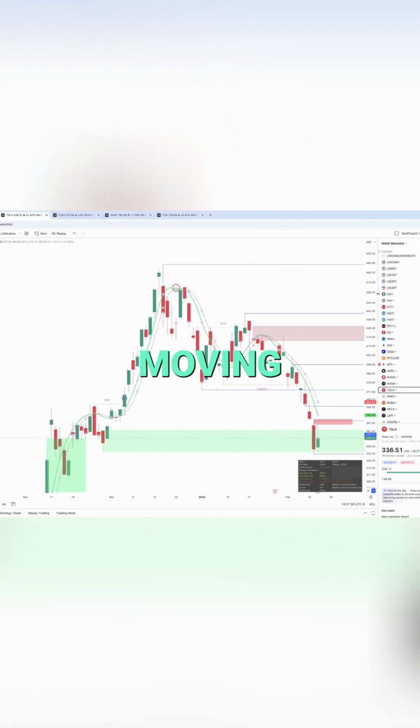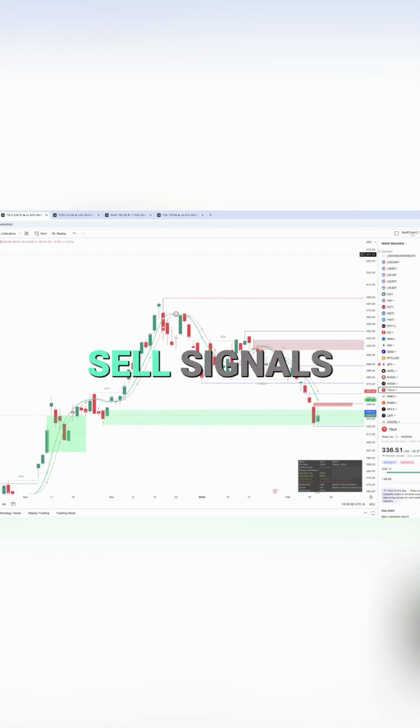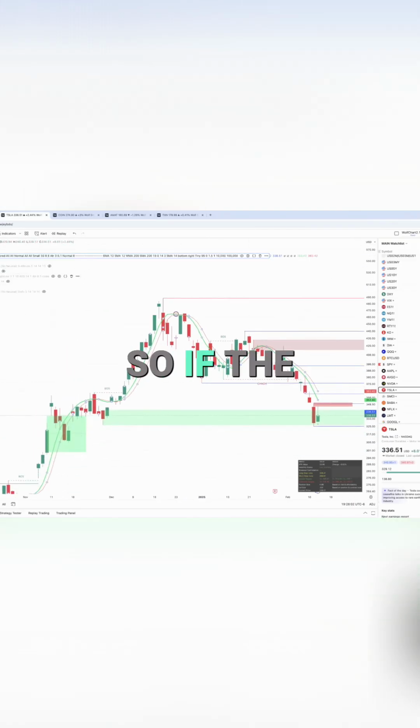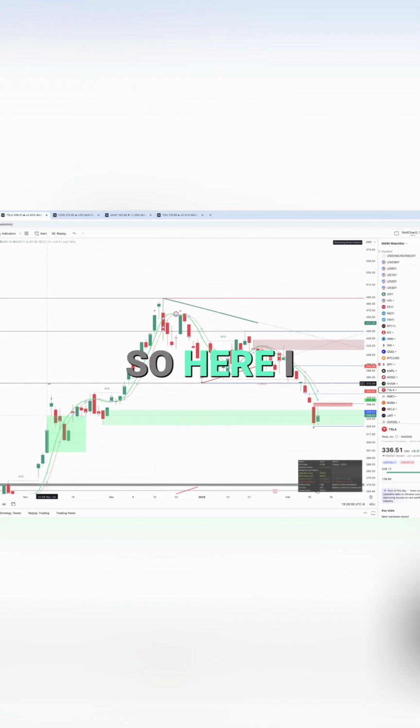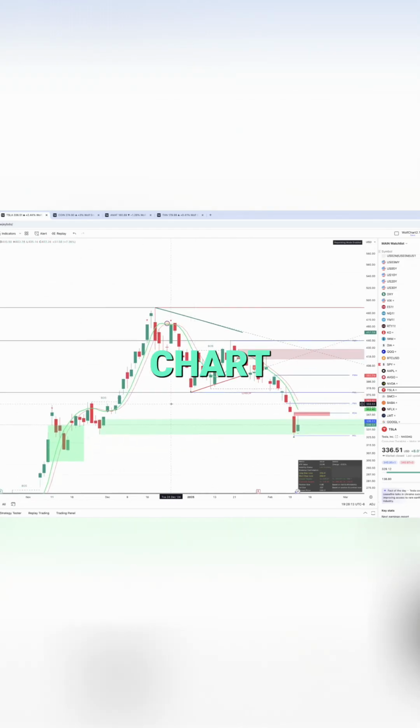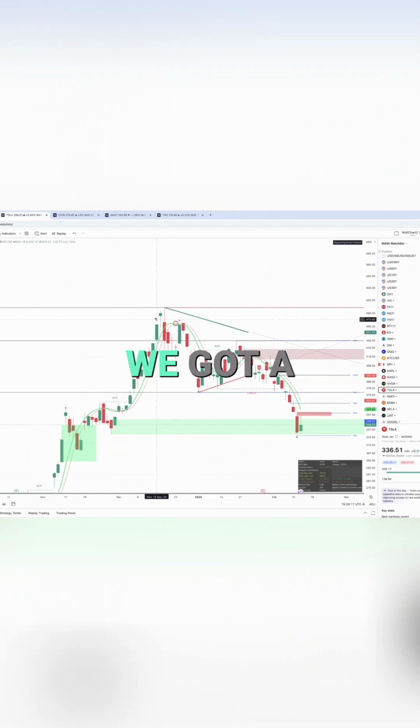So this is the moving average that we use the buy and sell signals with. The buy and sell signals partner with this Wolftrend Moving Average. So here I have buy and sell signals integrated into the chart. But since we use multiple layers of confirmation, what you want to look at is, we got a sell signal here. And you see how after we got this sell signal, even though this sell signal was decent timing,